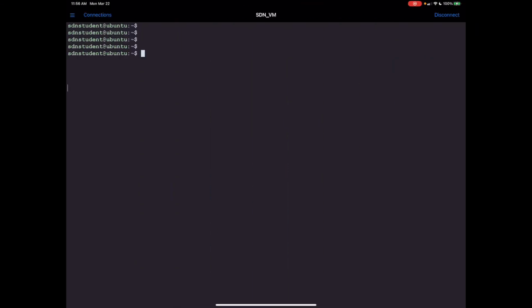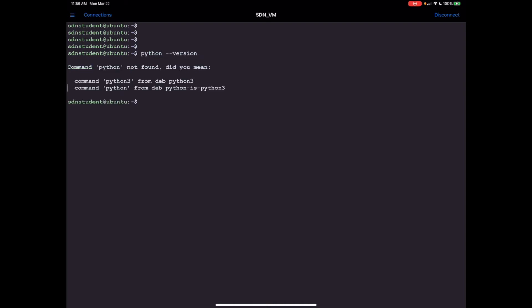Okay, so here I am on the SDN VM. I am SSH'd into it. It is the same VM I have provided to you. So the first thing I want to cover is the difference between Python and Python 3. Python is the command that you would run to enter into Python 2.7, which has since been deprecated. So if I run the command python and I try and check the version,